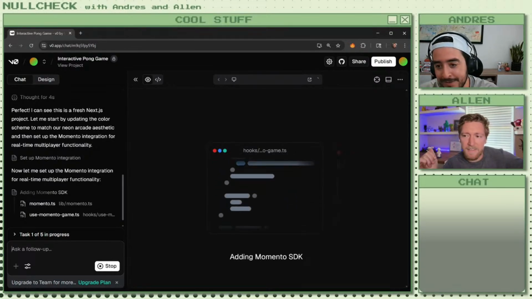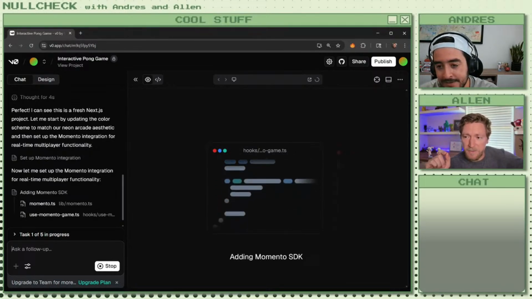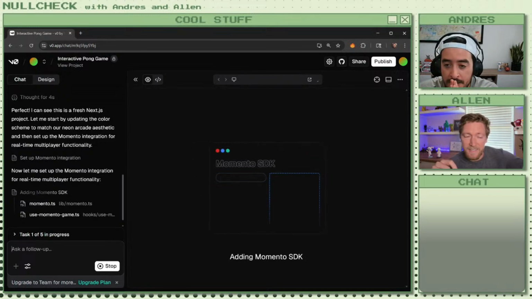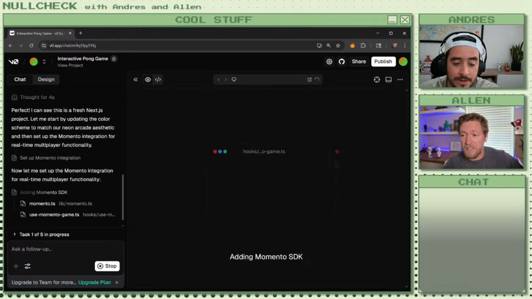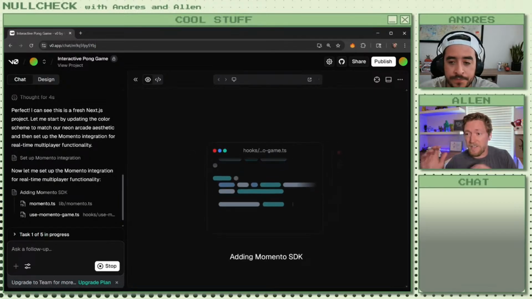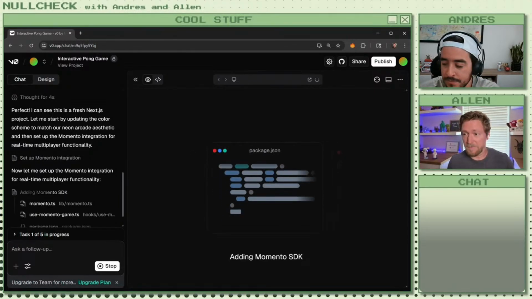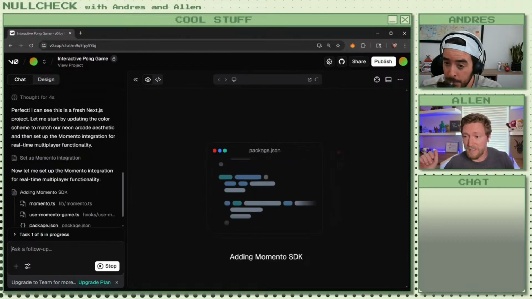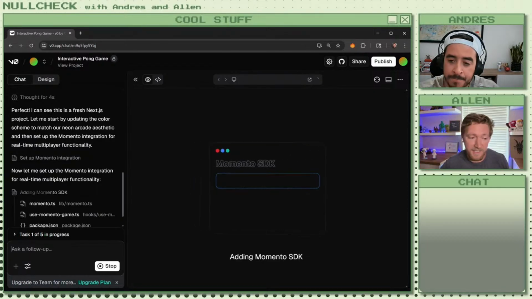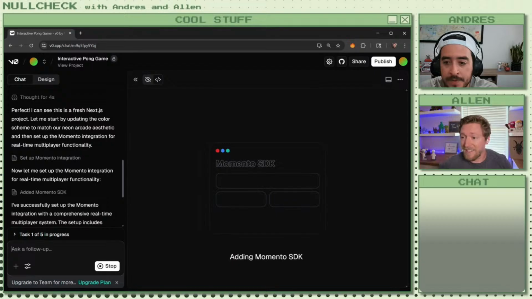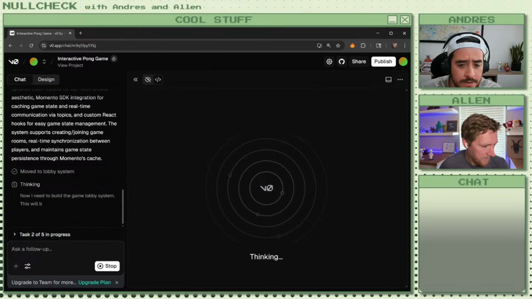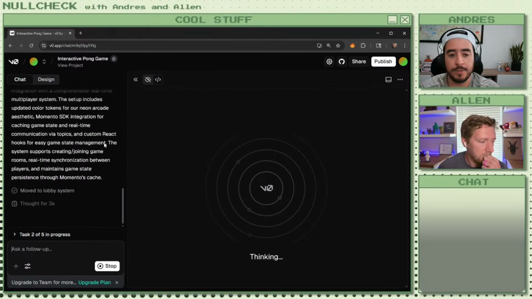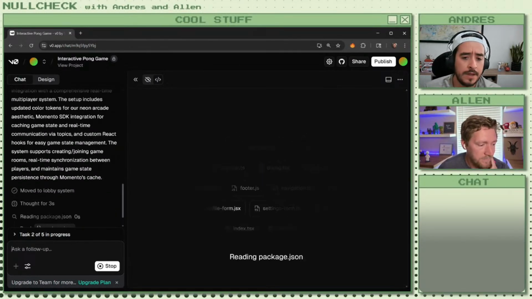And I think the distinction here, specifically with V0, why it does that is because it's actually building a deployable game in Vercel right now. So the other code editors, Cursor, Kiro, Windsurf, those aren't doing that. They're writing the code for you and saying, you're kind of on your own to actually get it into the cloud. This one is handling that for you, for better or for worse, right? But that's why it was prompting for that. That's true. So it's setting the deployment environment variables and all that stuff.